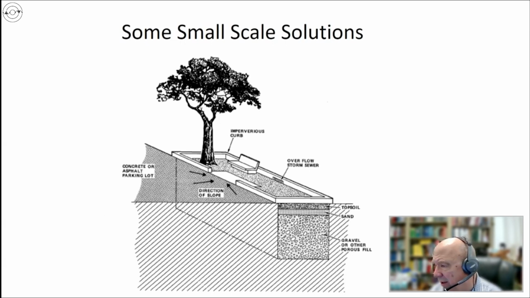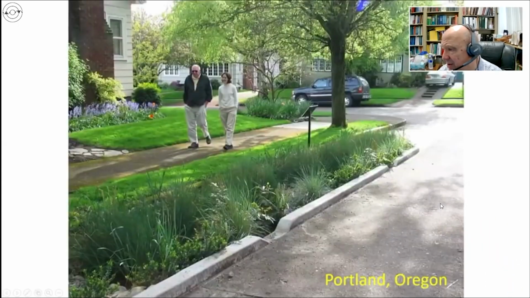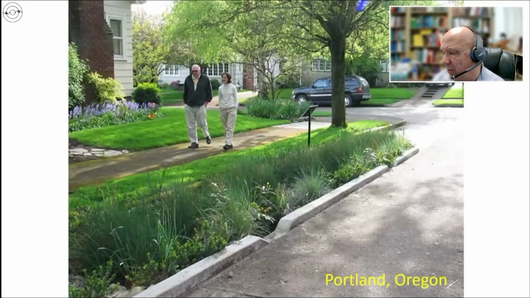Below the grade, you have topsoil and then sand and then gravel or other porous fill. And so what that does is it fills up in the rain, retains a lot of the runoff. And so retaining the runoff, it will allow some of the contaminants to biodegrade, which is a good thing. And the overflow is there in case we have a really, really large rain so that nothing is damaged. So I call this the UCLA tree, and I published it and I proposed it. And it was largely ignored for a long time, but we're finally seeing some action on building these sorts of things. Here's an example of one that's up in Portland, Oregon.